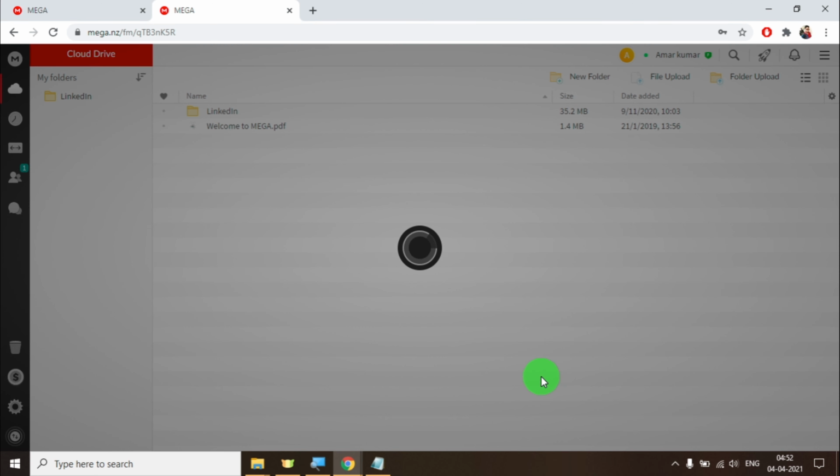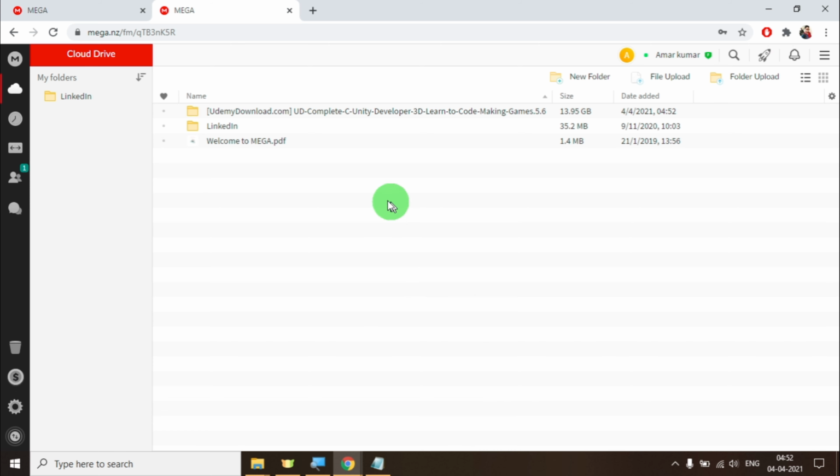After clicking on import, it will start creating a backup. See, now all the files got copied here. It was around 13.95 GB. It got copied to our own drive account. Now this is our own copy.